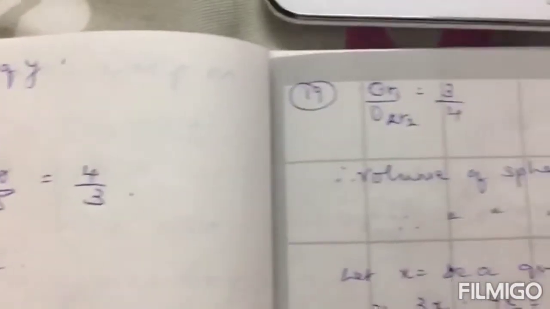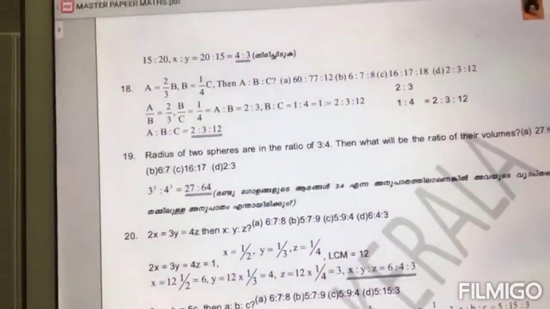Go back to your notes and you will see that we have discussed, I think this was the first question that we discussed, one of the first questions. So please check it out again. Okay. Now,